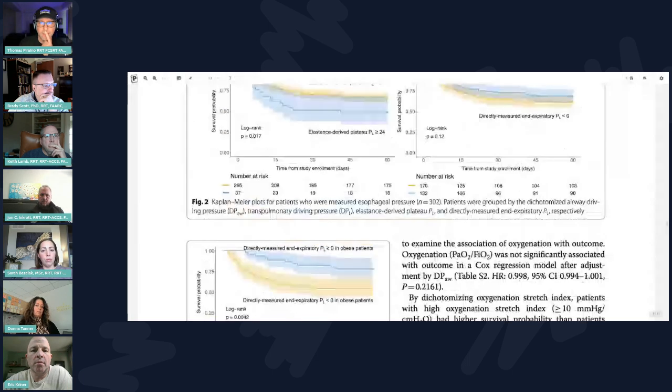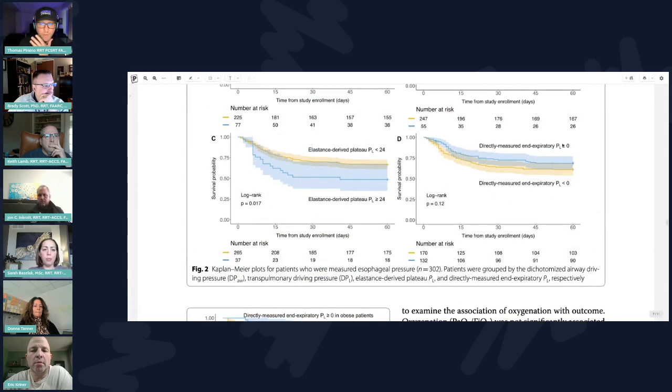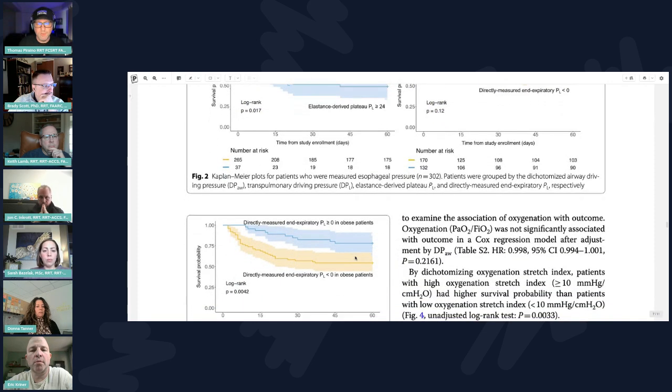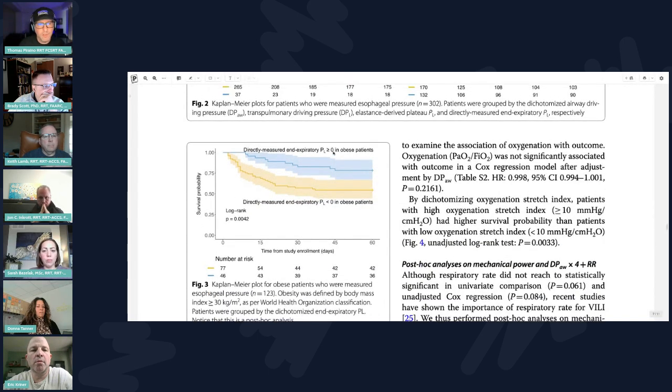Again, this was a retrospective study. Whereas when they looked at all patients, looking at a transpulmonary pressure of 0 in all patients, there was not a significant distinction between survival in patients that had an expiratory transpulmonary pressure less than 0 versus over 0. And again, this would likely be because many patients that you're targeting this in may not be recruitable, and therefore it's not beneficial. And patients that it's less than that, maybe they were recruitable, but they didn't have sufficient PEEP. But when you look at obese patients, almost always, I can't say always, but almost always, they are highly recruitable. We are just under-PEEPing them significantly. So there was a clear benefit when they narrowed it down to obese patients.